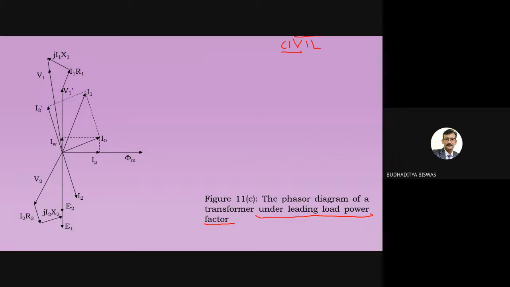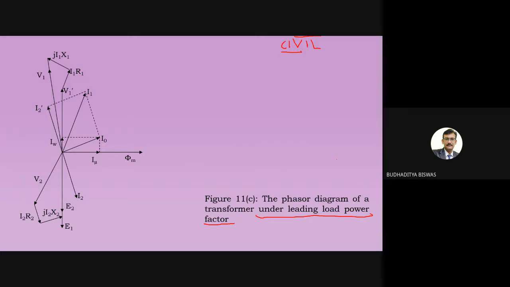These are some basic things you need to know as an electrical engineer: in case of a transformer, step up and step down are based on the voltage, not on the current. Similarly, leading and lagging power factor, because this is related everywhere in electrical engineering, up to your 4th year, up to the 8th semester, or if you go for higher study, up to the 10th semester. That thing will not leave you anywhere, this leading lagging term. So leading lagging power factor means it is based on the current.